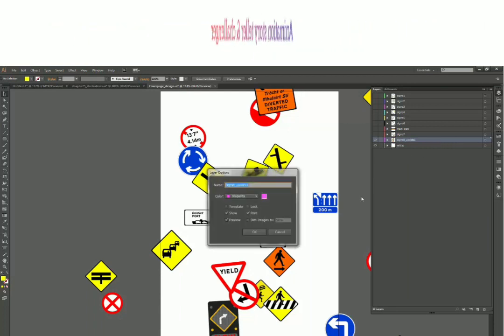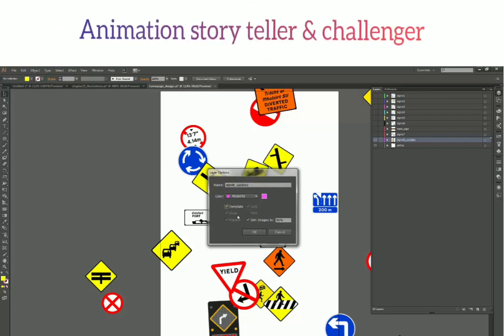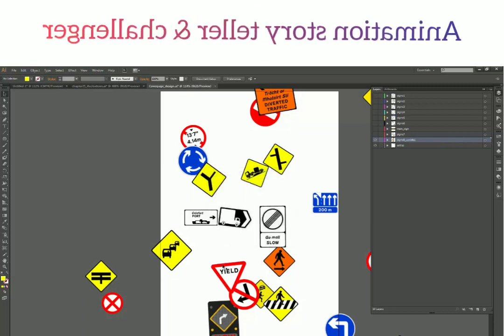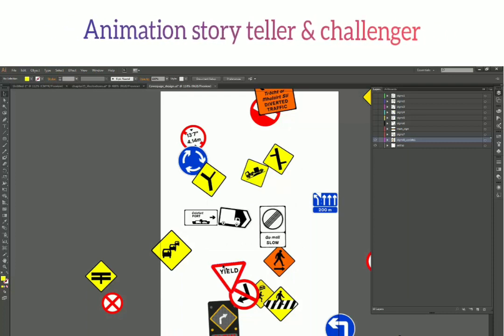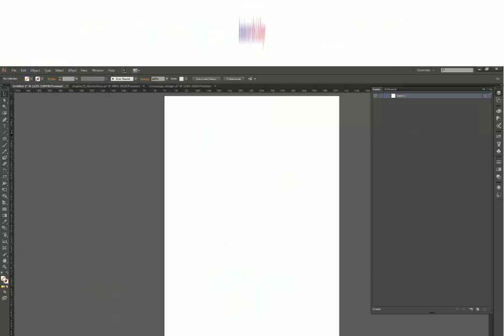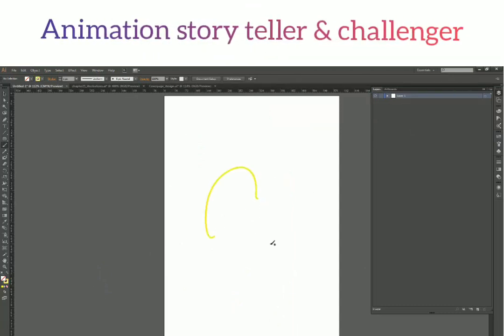Okay. Now I have this dim images. So this works best with template. So let's say if you have any reference you are working on, or let me just draw something over here real quick.